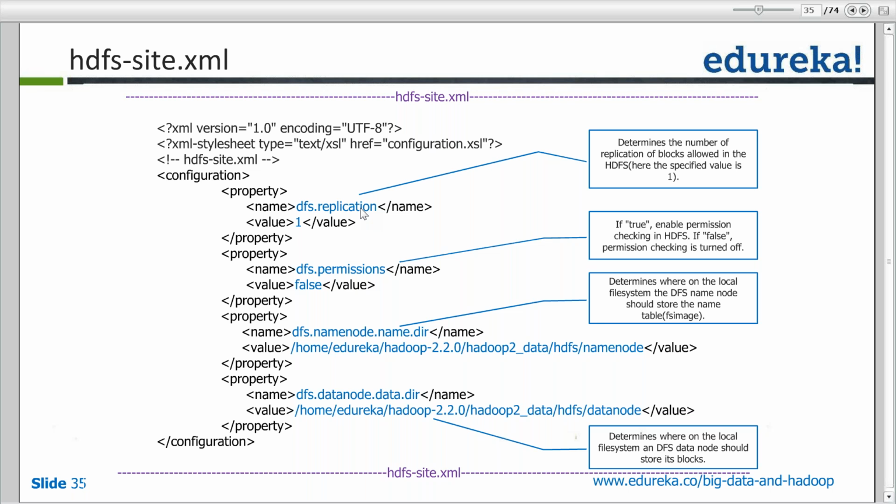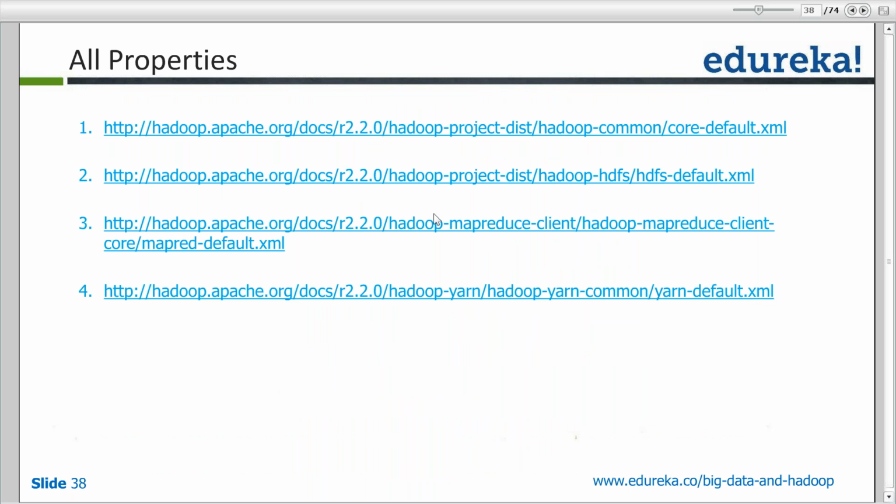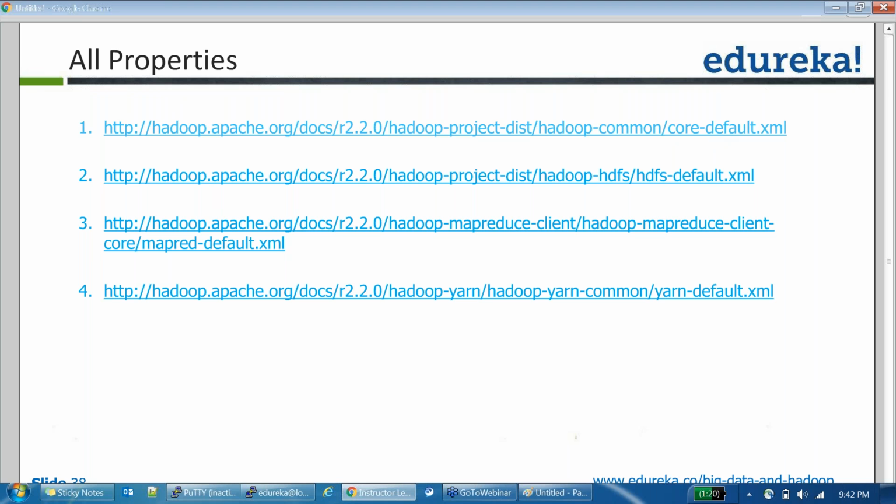Now, how will you get all the property names which Hadoop has? On the Apache website, the default properties are already available. The default XML for each and every component is already available. Just to show you an example, I think it's there in the next slide. We'll go there first. This is your MapRed site, Yarn site, all the properties. So for core site, in the Apache docs itself, you have all the default core properties. If I just click here,